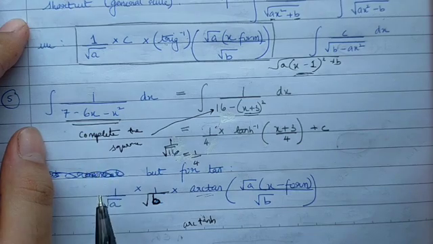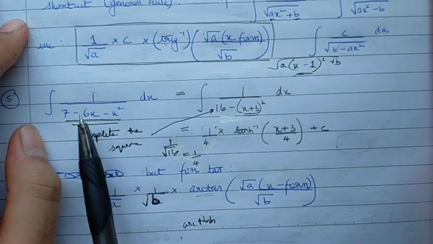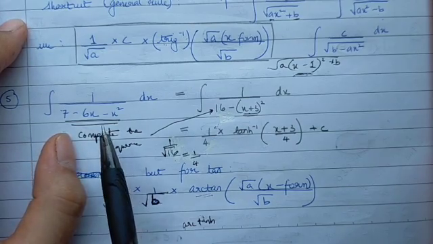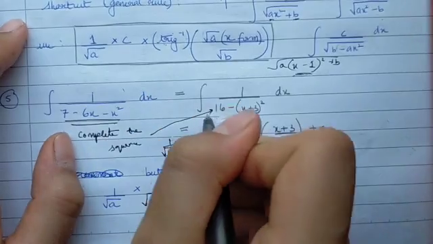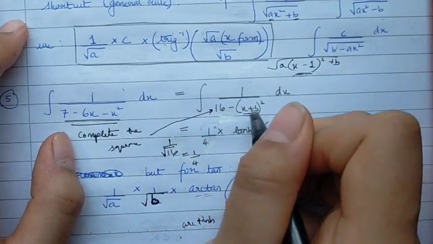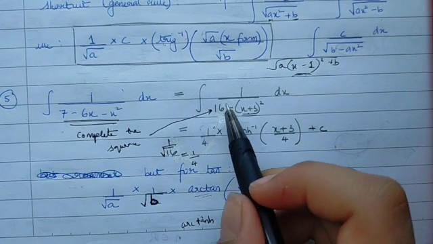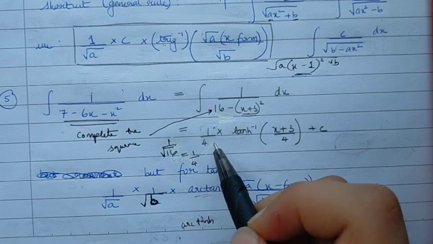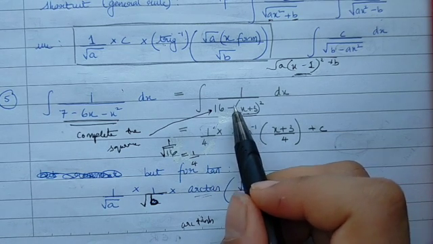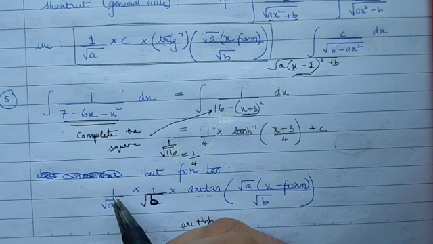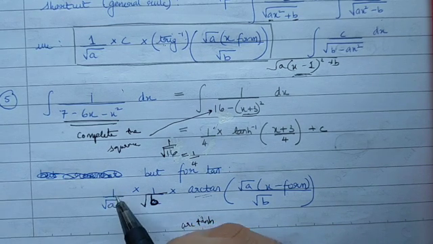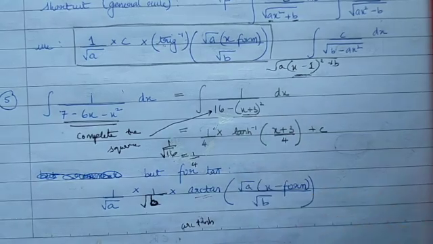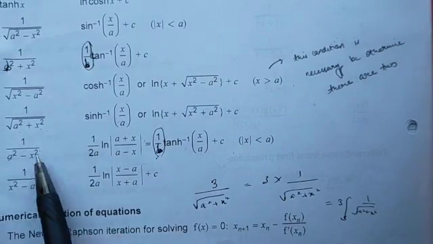So let's look at an example of using this. If you have 1 over a quadratic, they expect you to complete the square, and you should know completing the square from AS. So if you complete the square of this quadratic, you get 16 minus (x plus 3) all squared. And our 16 is our b, so 1 over root b would be 1 over 4, so that's what we've done here. And we have nothing in front of the x, so our 1 over root a is just 1 over root 1, so that's just 1, times the inverse of hyperbolic tan, because this is the form that we're looking at,